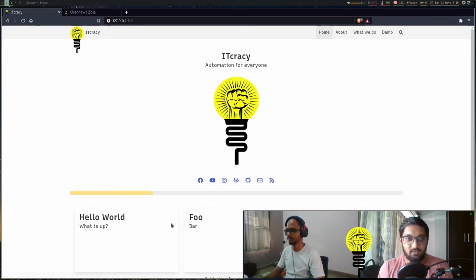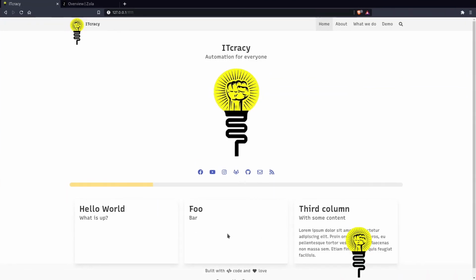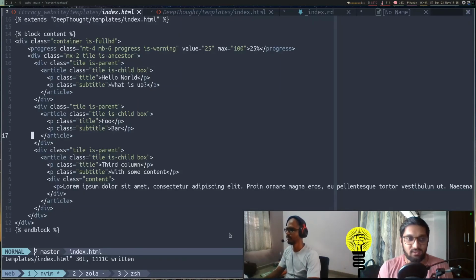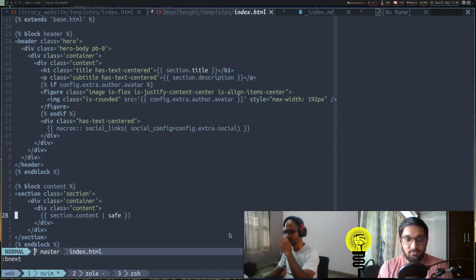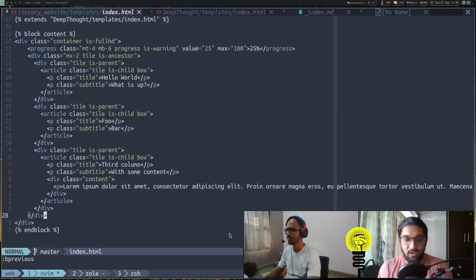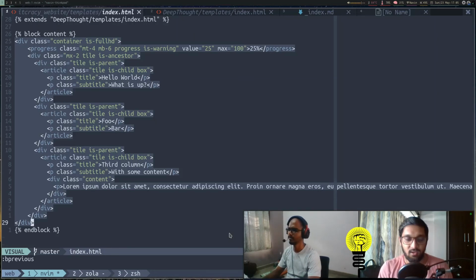If we see our index.html file once again, we can see that inside our block content we have this. If we navigate to our themes index.html, we can see that the content block has something else, but because we have overridden it in our index.html template, it is showing what we have in our website's template.